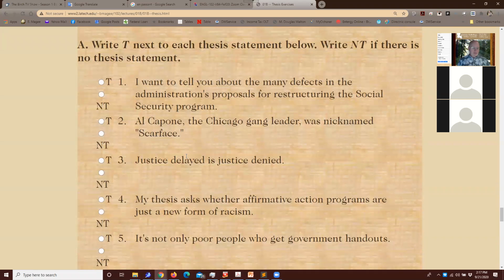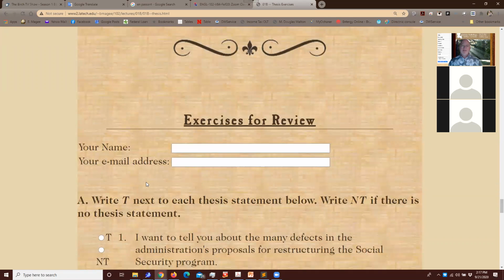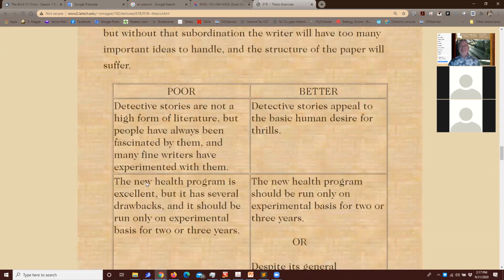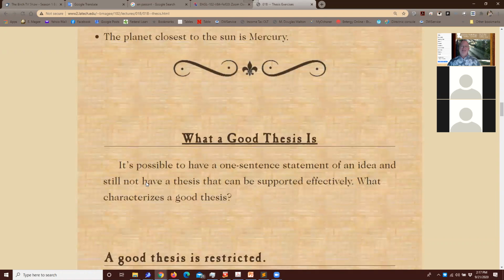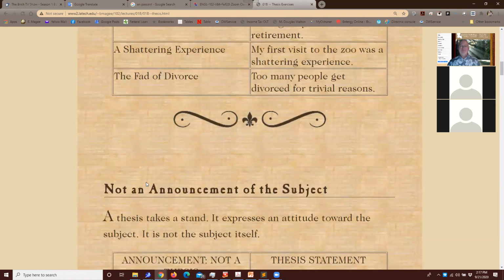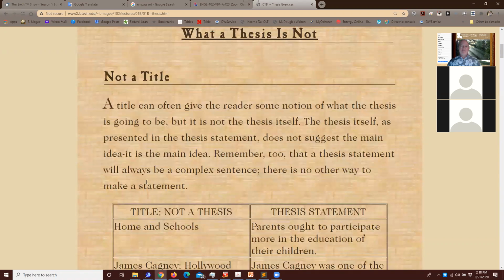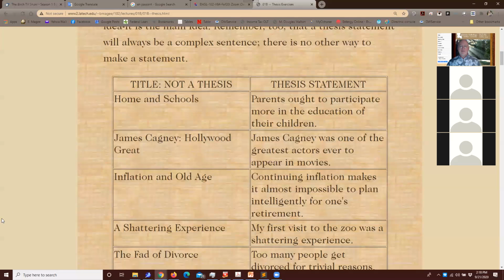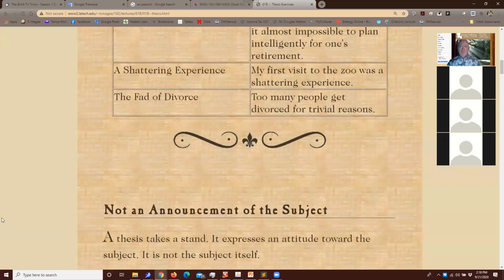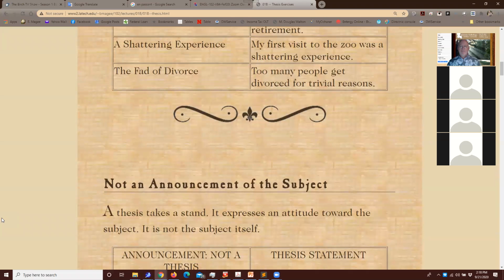Okay, so this one goes out to Bruno. Unmute yourself, read sentence 1 and tell us whether it is a, oh, sorry, didn't give you the criteria. All right, so a thesis is not a title. So title is that thing at the top. It's usually centered. It's usually not even a sentence.